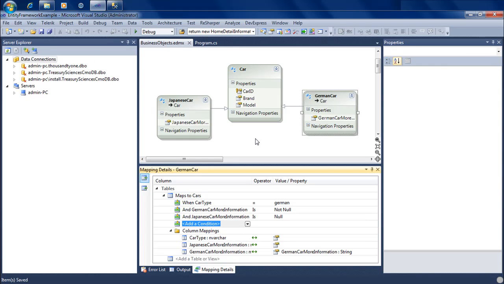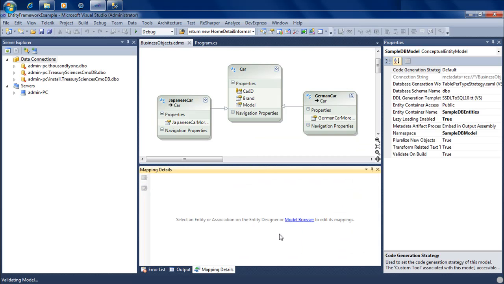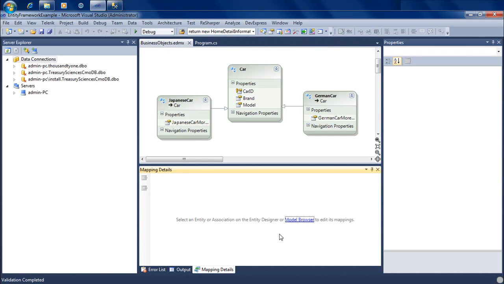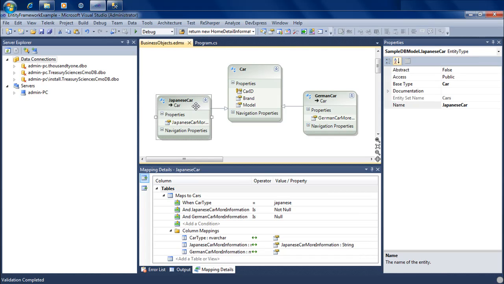We've gone ahead and made the changes to the data model, and we're going to validate these changes, and notice that we have no errors here. Validation is complete. So what we've done is we've created two different entities out of car, Japanese car and German car. We've told Entity Framework that, look, in case I'm creating a Japanese car, the common fields which were there in the car remain intact, but I still want to store the Japanese car in the exact same table, with the car type being Japanese. I want the Japanese car more information field to be not null, and I want the German car more information field to be null. Straightforward.